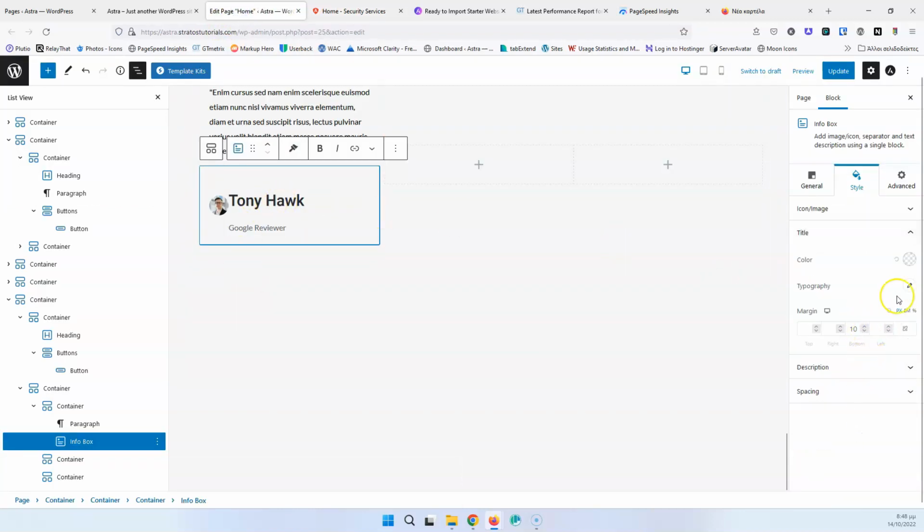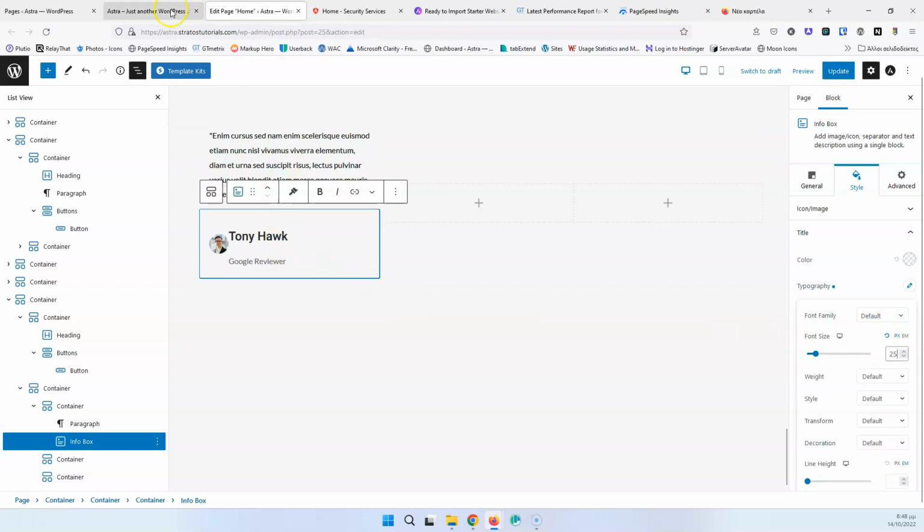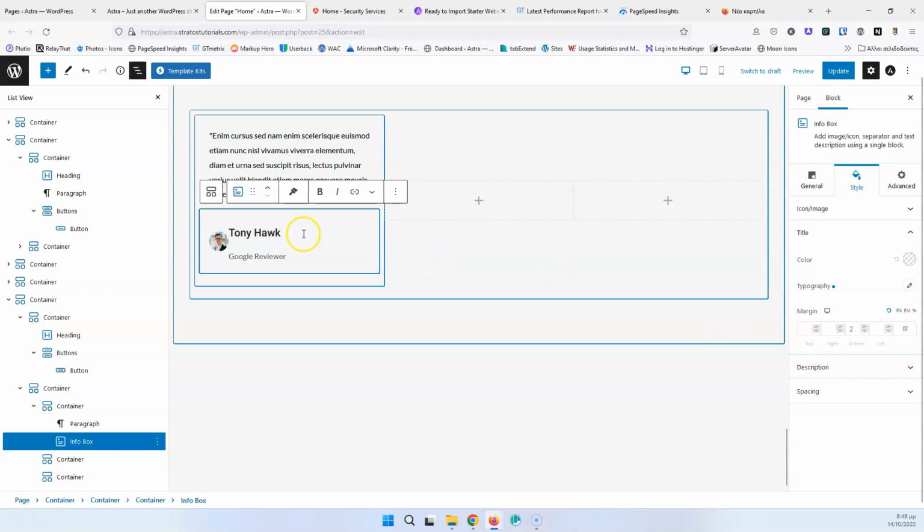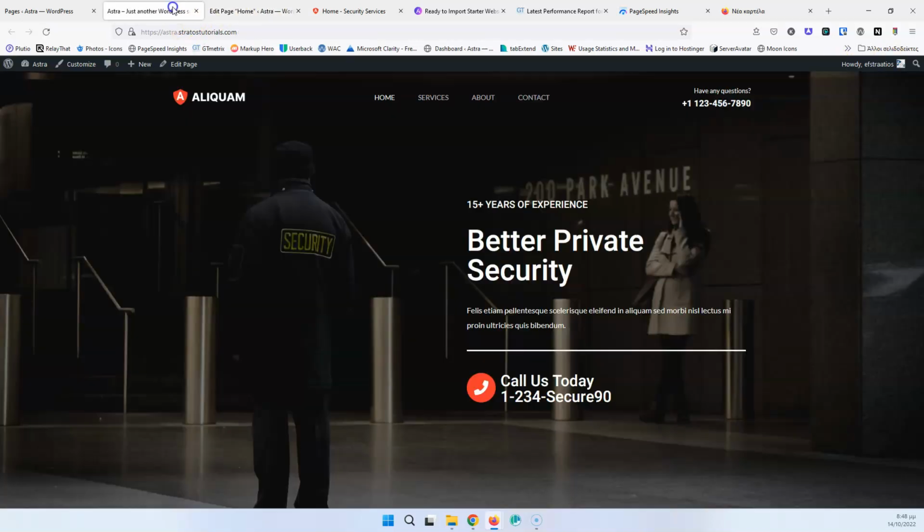Let's go for the title, and let's change that title to typography, and let's change that maybe to 25 pixels. Maybe less. 22, maybe. 22. After that, we need to change the spacing between the title and the text. So let's go for the bottom to be maybe 3 pixels. 2 pixels. I don't see anything to change, but let's see how it looks in the front end, and maybe